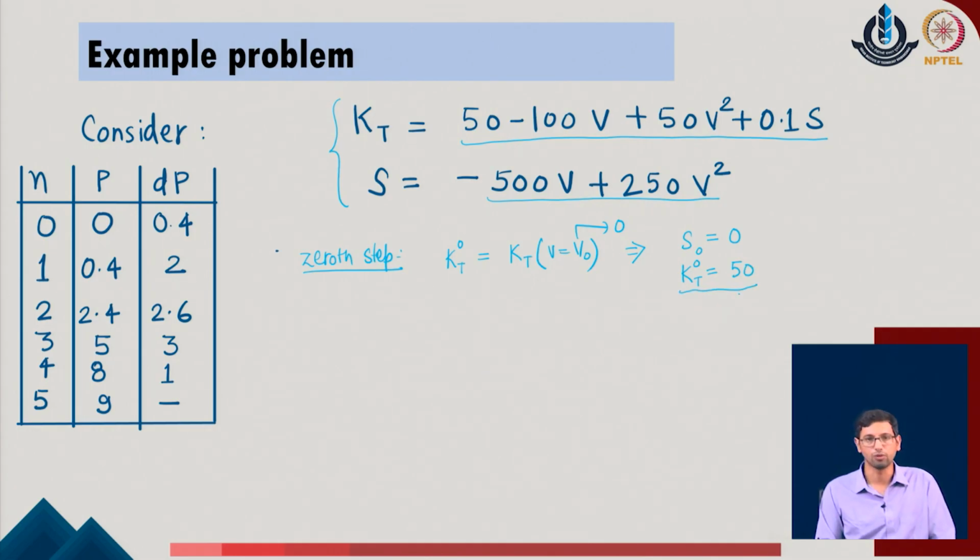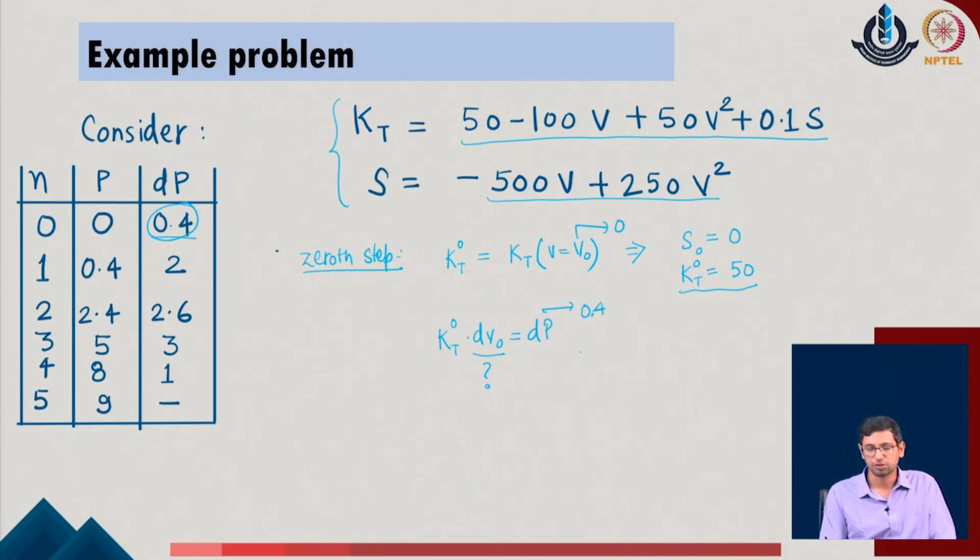Once we have obtained this value, we will go with the available set of increments which is provided. As per the provided condition, we want to go with the first increment value of 0.4. So, as you go with the 0.4 increment, you will write the condition as KT of 0 into dV 0, which is unknown to us and which we want to evaluate, into d of p in the given system. Now, d of p is the increment condition, which is defined in this case as 0.4. So, if I substitute the given value, I get dV of 0 equal to dP upon KT 0.